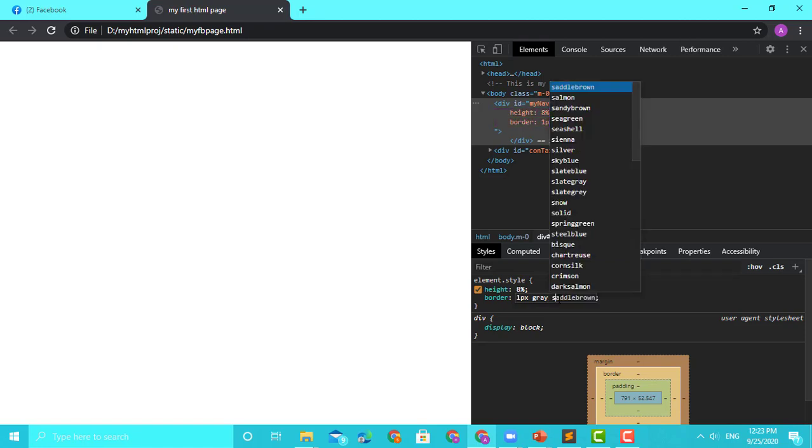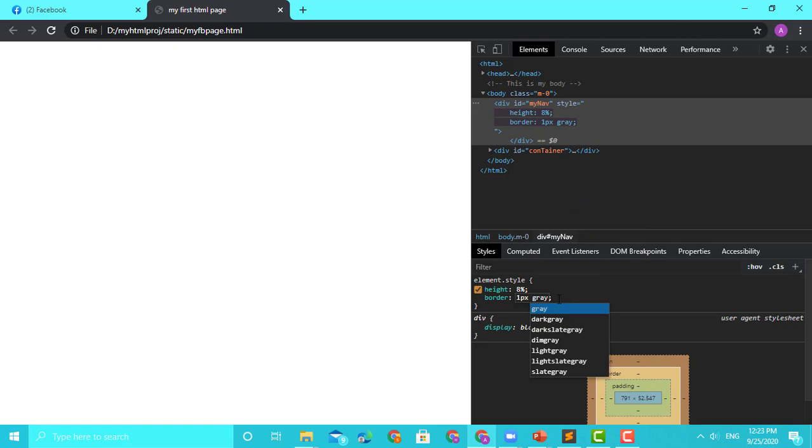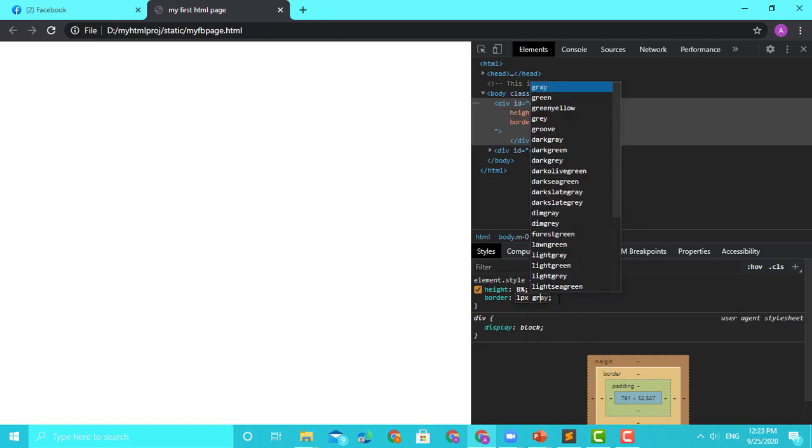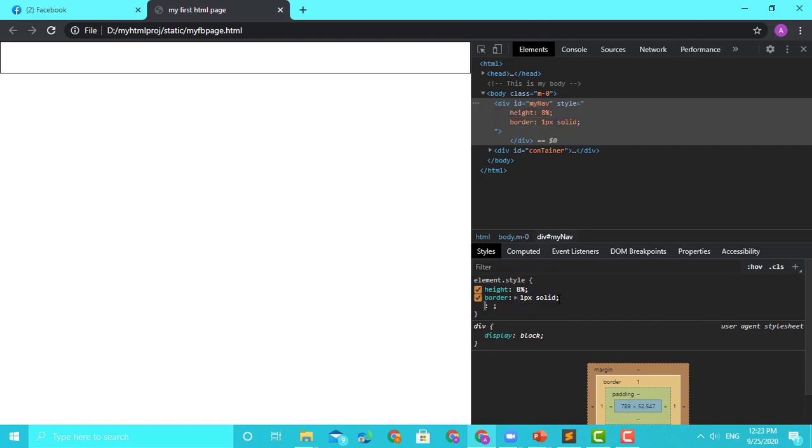I'll go here and I can say solid or whatever you want. So there are ways you can put it, but for now anyways we will put solid. Okay, I'll put one solid. It takes black by default. Okay, because I think somewhere it is mentioned the default color is black. So now this is your heading.